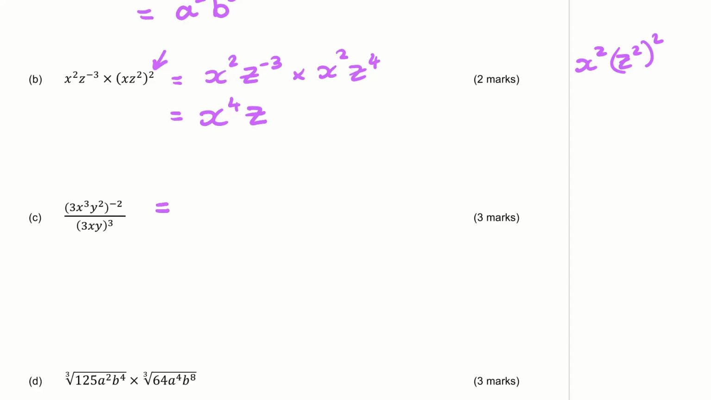Now, what's the best way to deal with this one, I wonder? Well, I like to deal with the negative part of an index first. We know that a to the negative n is 1 over a to the n. So what I'm going to do is move that bracket down to the bottom. So that's the 3x cubed